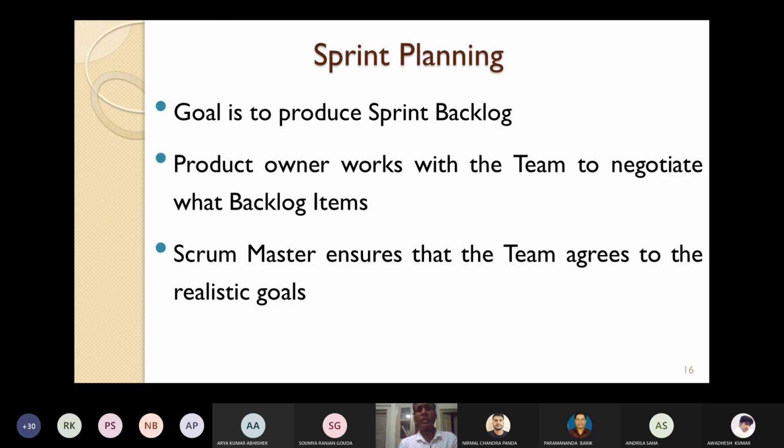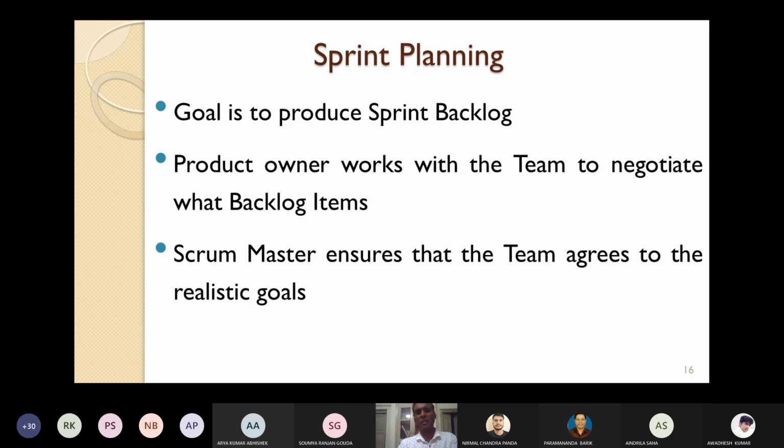The Scrum Master ensures that the team agrees to realistic goals. Whether the goals and requirements you have set are actually achievable or not, the Scrum Master will ensure that. So this is what is happening during sprint planning.